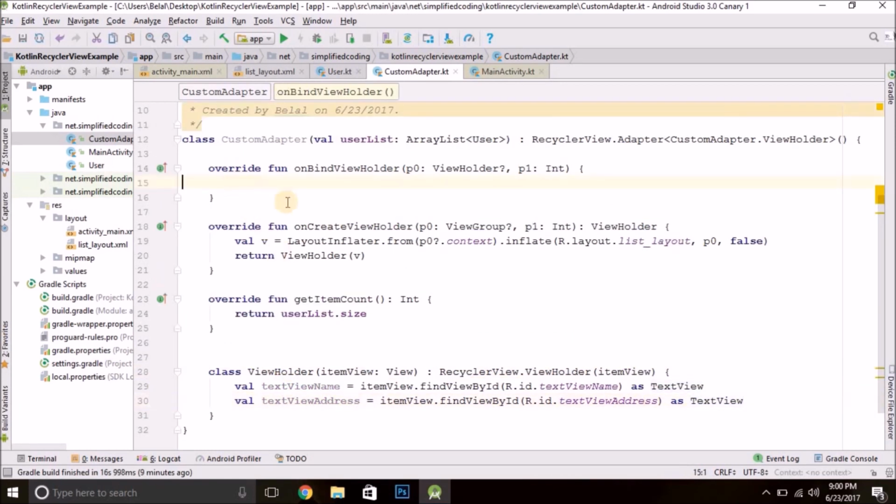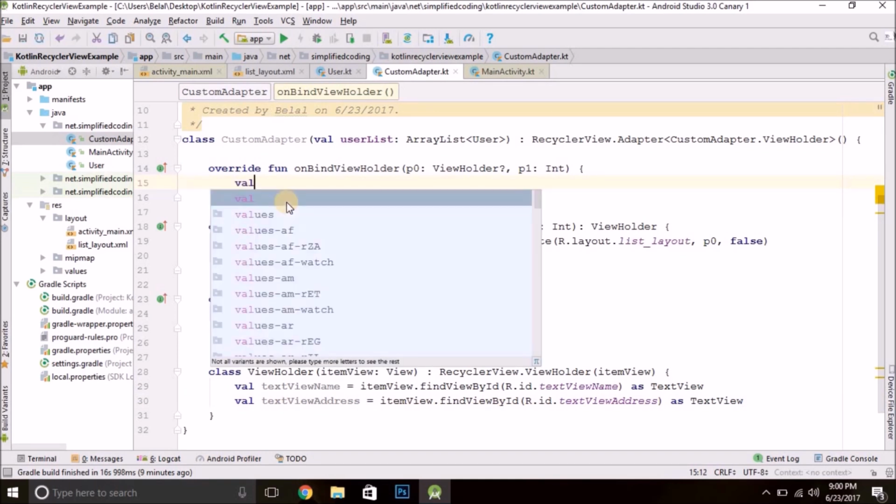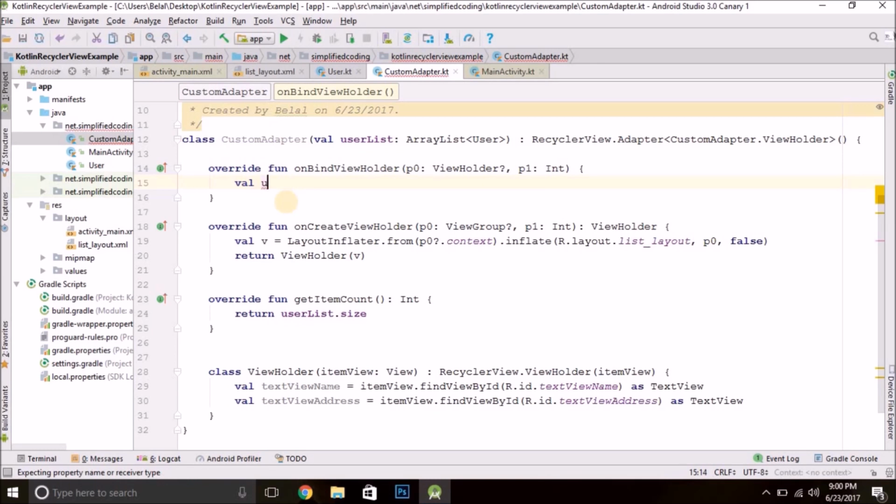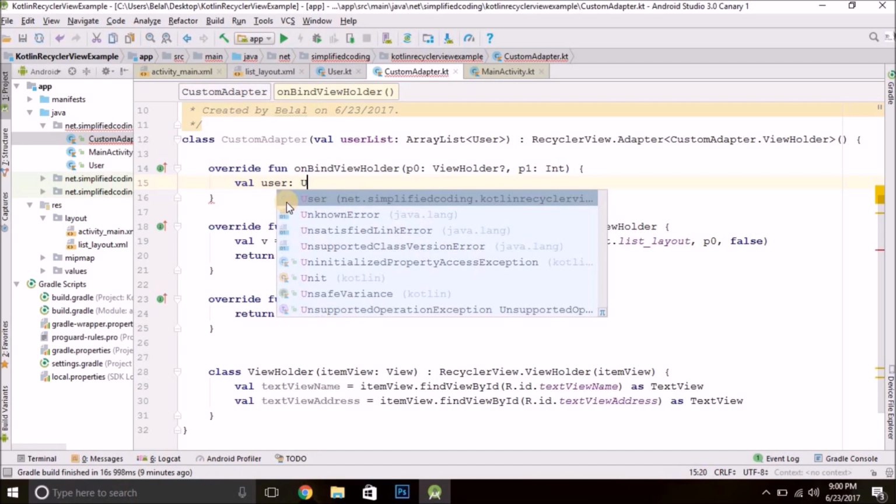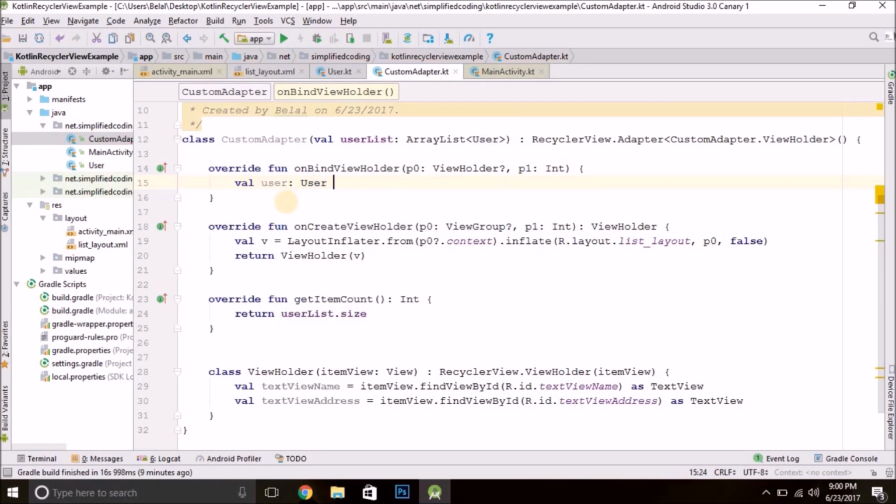Now here we will write val user, and the type of this user will be User, and it will be equal to userList, this array list, and we will get the index position p1, which is the position of the list item.